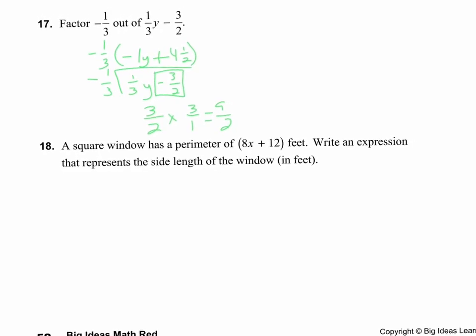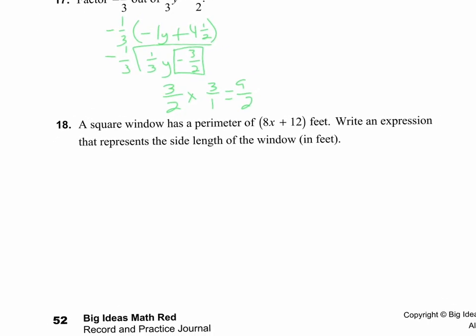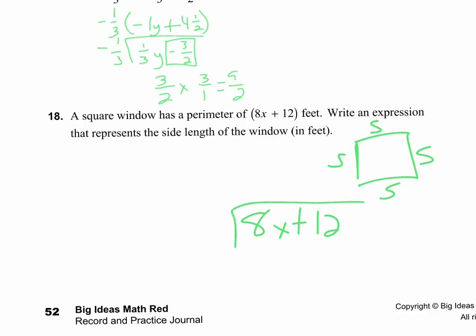Alright, a square window has a perimeter of 8x plus 12 feet. Write an expression that represents the side lengths of the window in feet. So a perimeter of a square, that means all the sides are the same, correct? If the perimeter is 8x plus 12, to get the perimeter, I'd have to do s plus s plus s plus s. So I have to take all those together, has to equal 8x plus 12, but I want to find one side. So in order to find one side, I have to divide by how many sides there are,